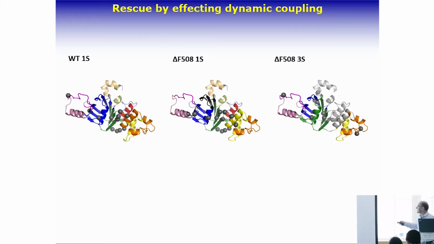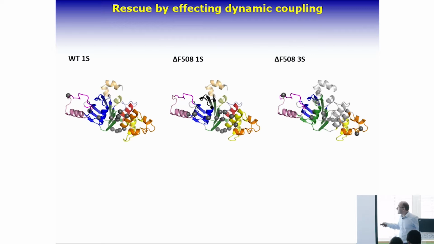And what is very interesting is that there is also a rescue mutation in this loop, which rescues the protein at a small level. And we also know that there is a drug, a small molecule. It's not really a drug since it cannot bind very strongly to the protein, but it interacts with the other loop and also helps the rescue of the protein. And very interesting, the two effects are additive in experiments.